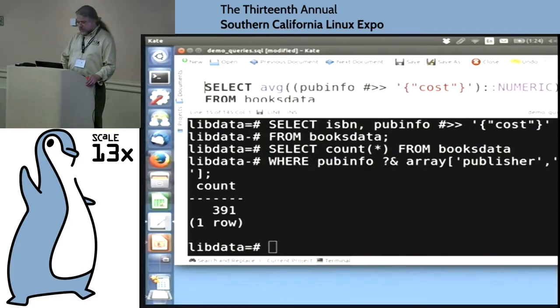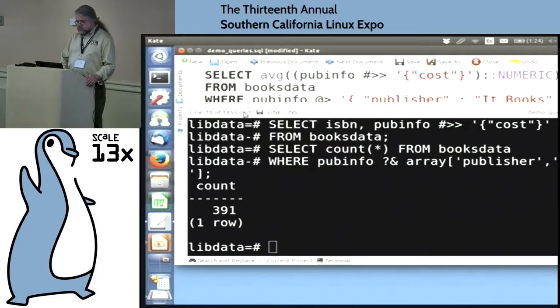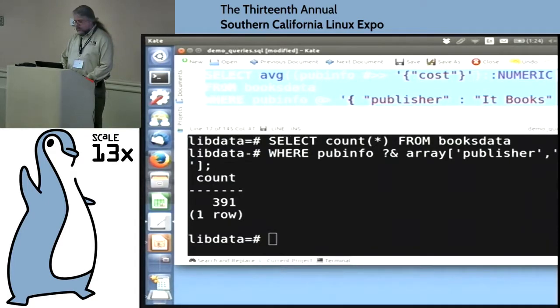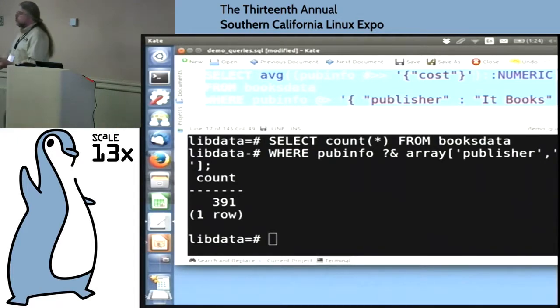So let's go ahead and do some stuff. And this is where it becomes an advantage to have Postgres rather than some of the newer non-relational databases, because we still have access to all of Postgres' machinery, including things like sophisticated aggregates.